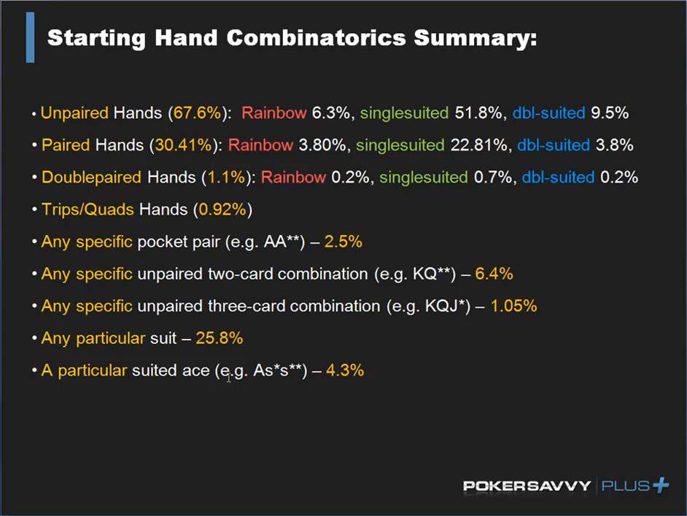If somebody's 3-betting 8, 9, 10% of the time, you start to get into territory where you can 4-bet lighter than aces because he's got not aces 3 out of every 4 times that he's 3-betting, and 2.5% is a good baseline number for that. Any specific two-card combination, 6.4% is